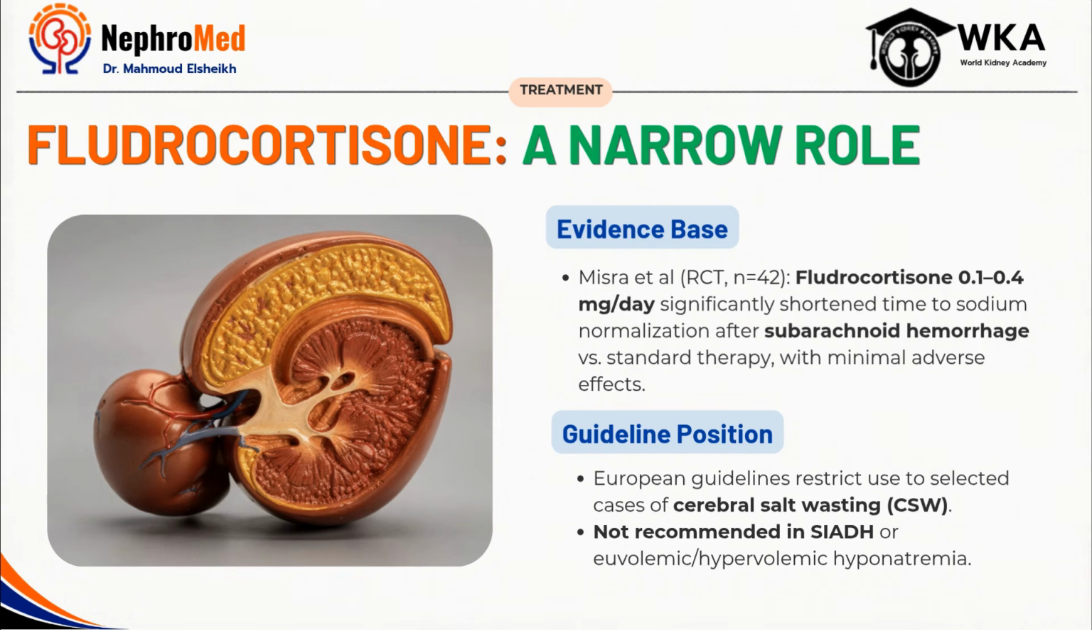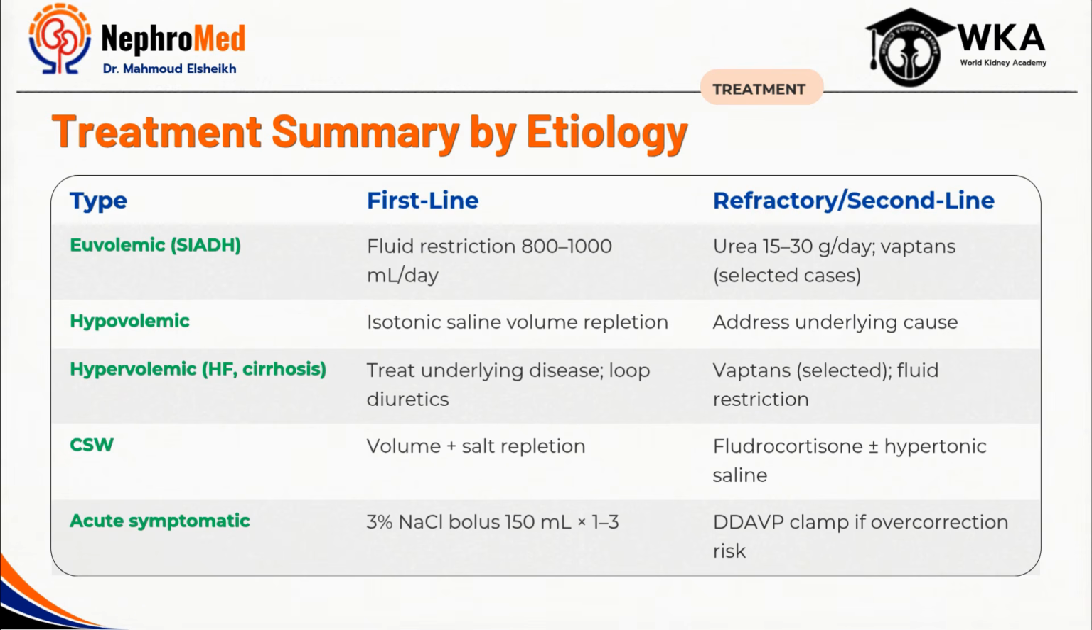That's why current European guidelines generally restrict fludrocortisone use to carefully selected cases of CSW, and don't recommend it routinely for euvolemic or hypovolemic hyponatremia. So practically, fludrocortisone remains a therapy useful in the right physiological setting, but definitely not a routine treatment for most hyponatremic patients. Now let's put everything together into a practical treatment framework based on the underlying etiology of hyponatremia, starting